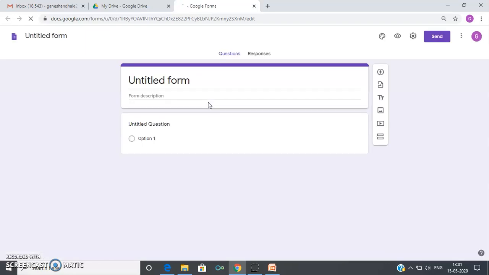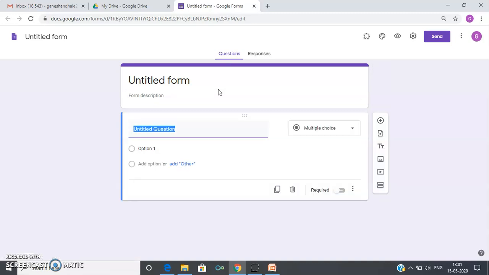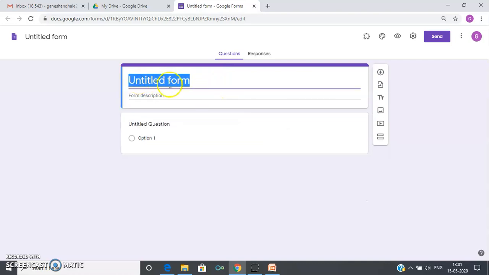As the Google Forms gets opened, we can see the blank form over here. Basically we are preparing this for conducting an examination, whatever exam we wanted to conduct. So just give the title over here, what kind of exam we wanted to conduct. Like I wanted to conduct the exam for medicinal chemistry. So I am writing medicinal chemistry